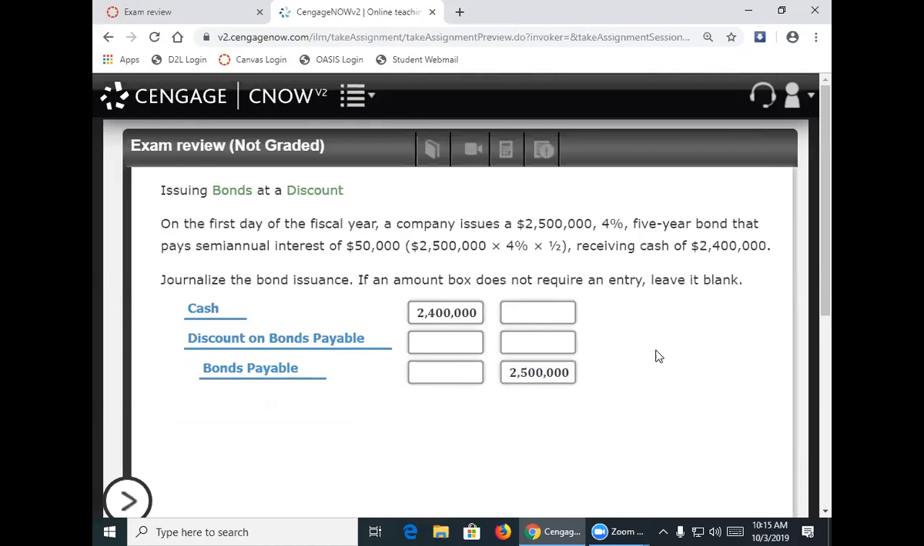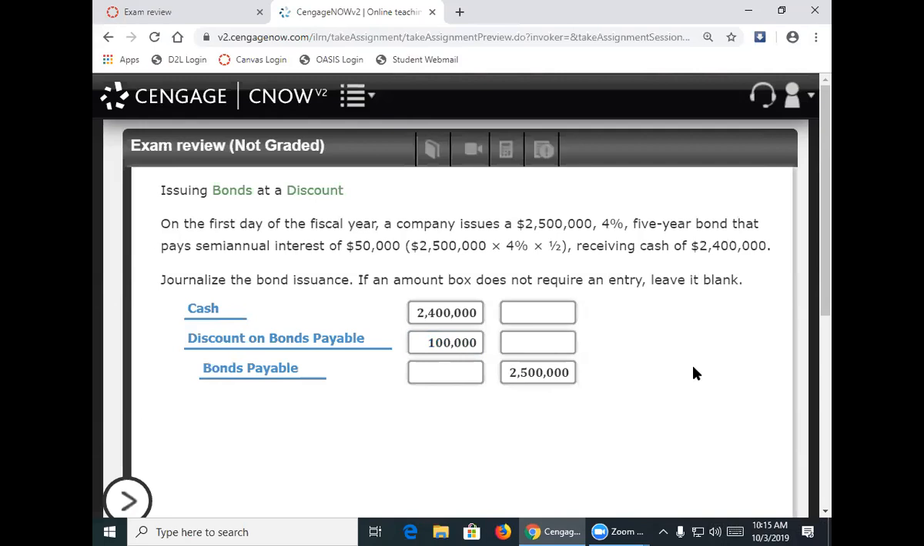So how much did I discount this bond? 100,000, right? The face value was $2,500,000. We received cash of $2,400,000. So we discounted this bond $100,000. So I'm going to debit discount on bonds payable. So when you issue a bond at a discount,